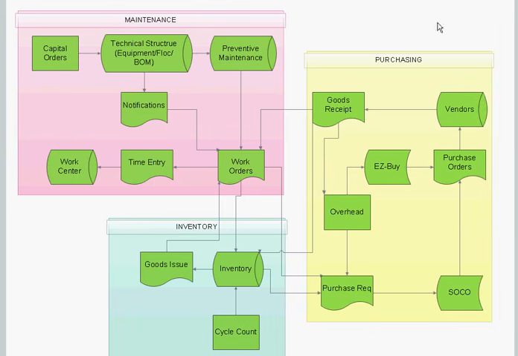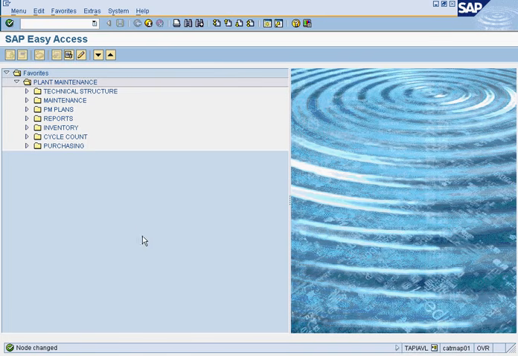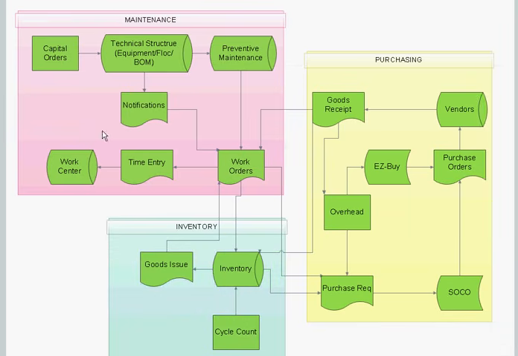So this explains the Visio business process flow. Now we go back to SAP. So here we've got technical structure, which is part of the maintenance, PM plans, inventory, cycle count, purchasing. If we start here, technical structure, maintenance, and PM plans are all within this first section here, which is maintenance. Technical structure,